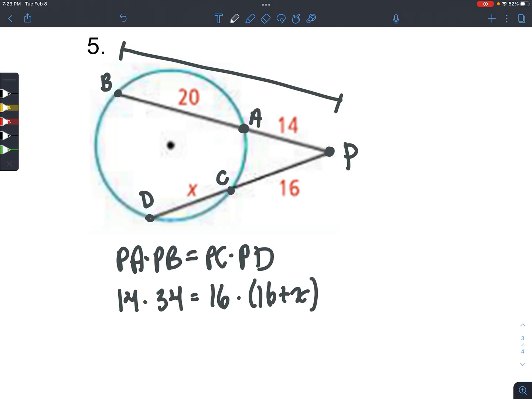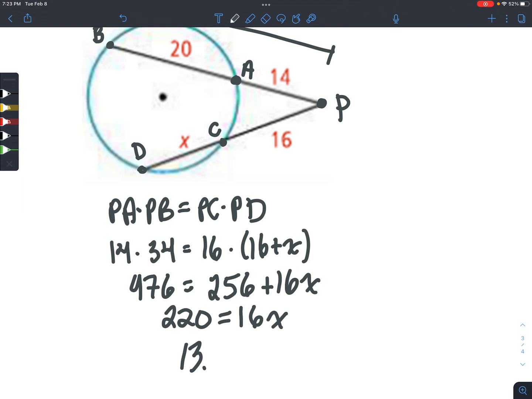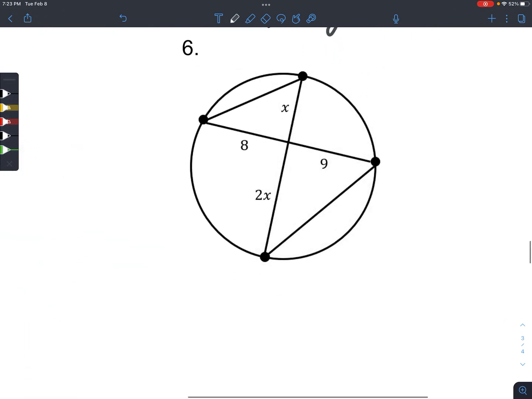But I know you guys can do this, but I'll go ahead and do it out for you here for a second. I don't have the numbers handy. We got 476. 16 times 16 is 256. So now I got to do a little subtraction to move that over. And I have a feeling this is not going to go in nicely. Yeah, we get 13.75 or 13.8. Whoops. But yeah, that's the setup. And that's the answer. All right, the last one here, I wanted to give you another one of case 1